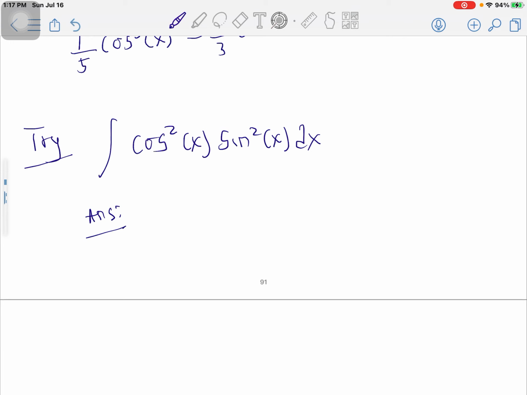So the final answer that you are supposed to get after you have done solving this question, you are going to get 1 over 3 sine power 3 of x minus 1 over 5 sine power 5 of x plus the arbitrary constant of integration, which is c. Remember that we are dealing with indefinite